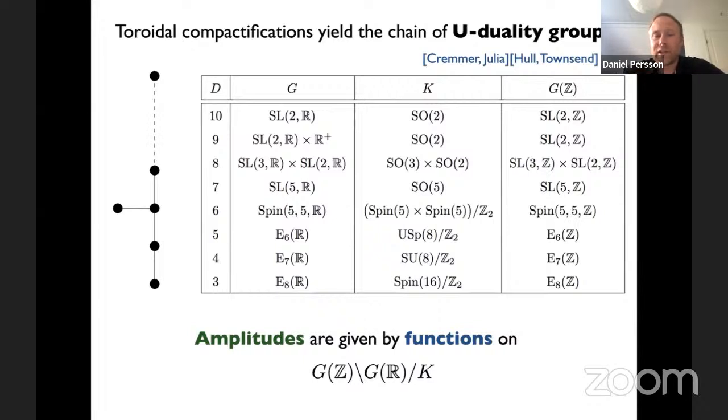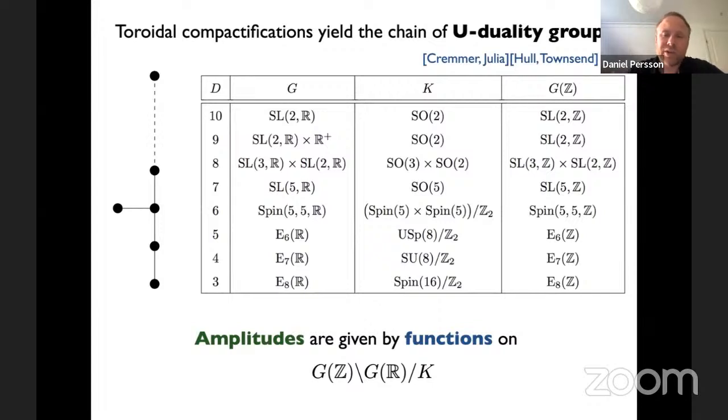But in addition, there is this thing that is called S-duality. That is a statement that in the full quantum theory, the symmetry that is preserved is the arithmetic subgroup. So in SL2R, it's the SL2Z subgroup. And as we go all the way down to 3 dimensions, we have E8 of R as the classical symmetry, but this is broken to the integer points of E8. So what this means in practice is that when we calculate amplitudes, they are effectively given by functions on this arithmetic quotient. You would have the symmetric space G mod K, but in addition, you have a quotient by the discrete subgroup. So this is the start of studying the arithmetic properties of these